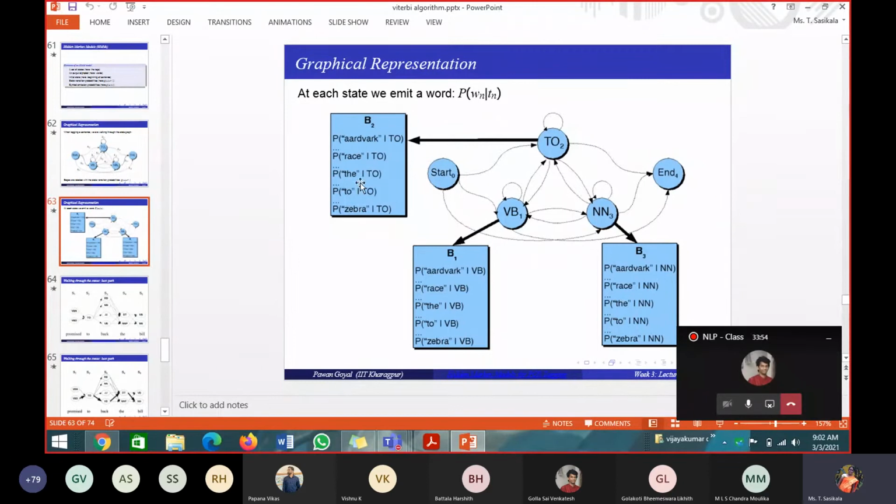Among these words, one of them can be a verb. These are all the words present in my sentence. Among this,